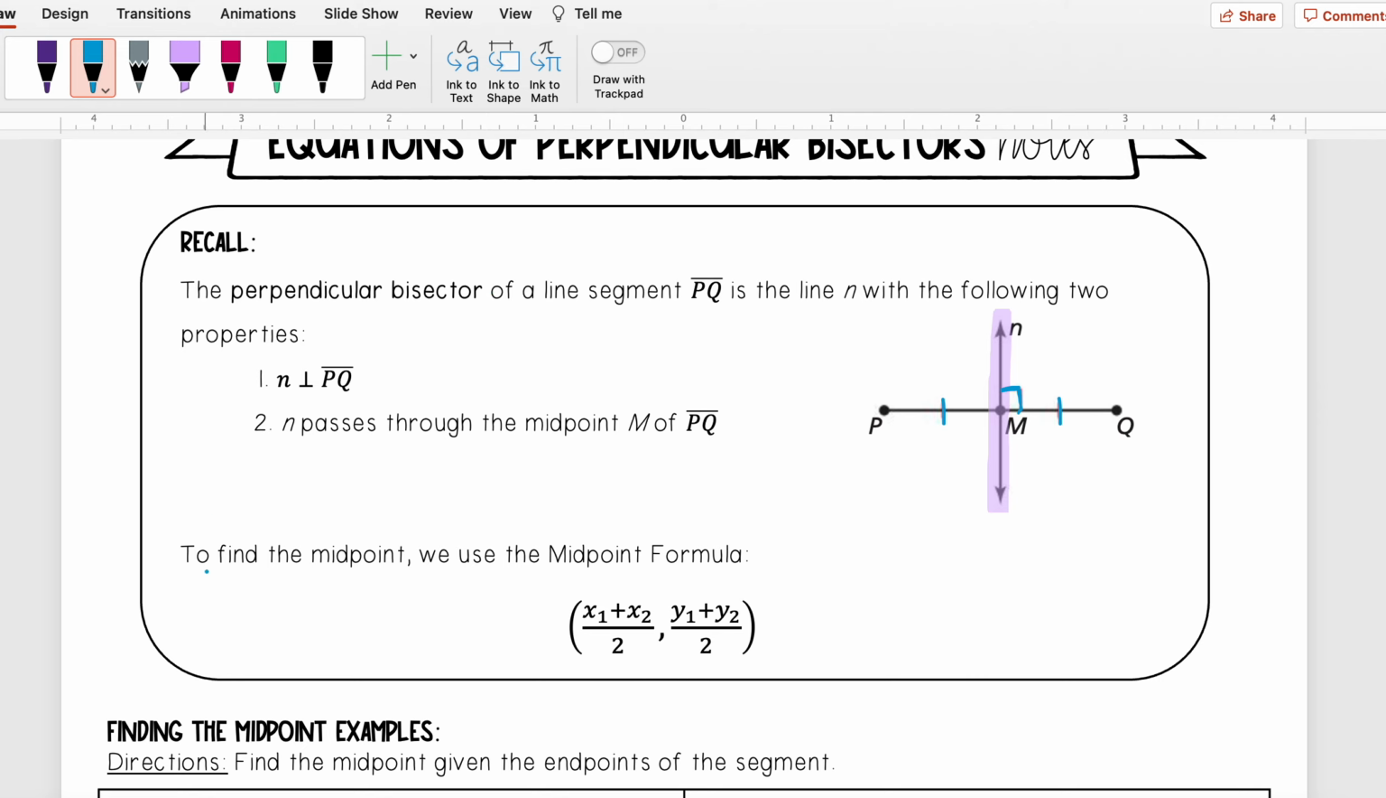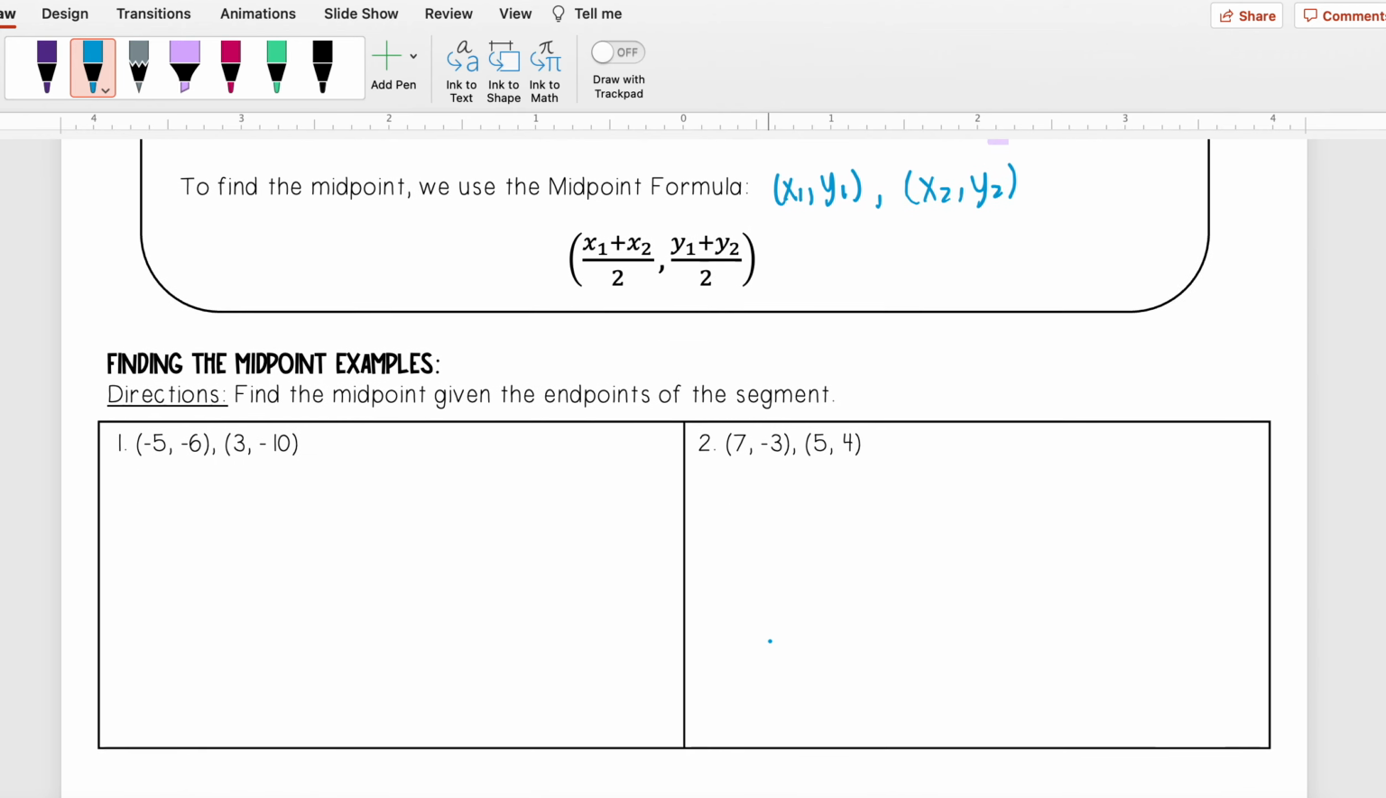And then another thing that we learned a couple units ago is the midpoint, and to find the midpoint, we use the midpoint formula, x1 plus x2 over 2, y1 plus y2 over 2. So essentially, when we're given 2 points, x1, y1, x2, y2, to find the midpoint, I'm just going to add the x's together, divide by 2, add the y's together, and divide by 2. So let's go through some examples of finding the midpoint